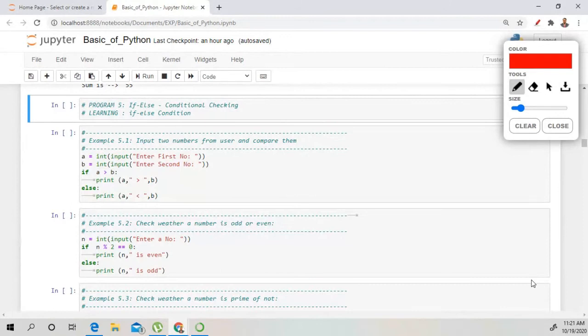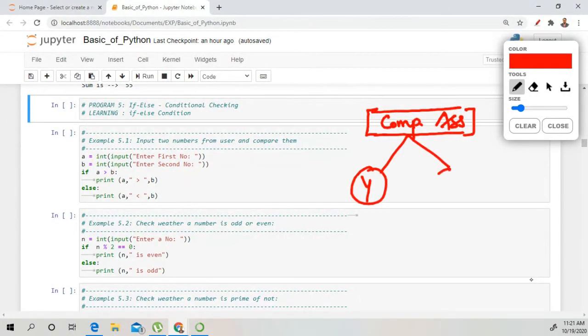Whenever you want to take some decisions, let's take, if you have completed your assignments, if there is a question, have you completed assignments, then there are two options for this. One is yes and one is no. Okay. So whenever you want to take some decisions, then this if else condition is used.